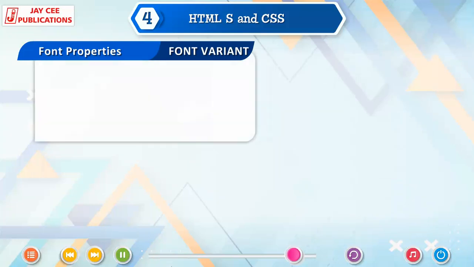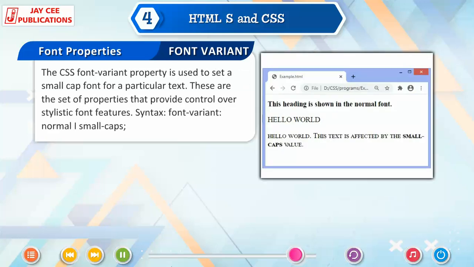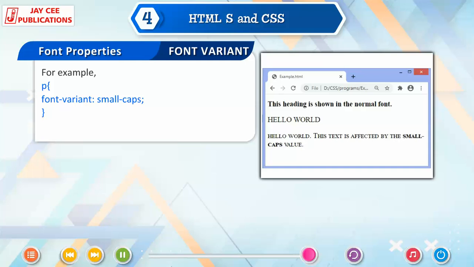Font variant. The CSS font variant property is used to set a small cap font for a particular text. These are the set of properties that provide control over stylistic font features. Syntax: font-variant: normal, small-caps; For example, p { font-variant: small-caps; }